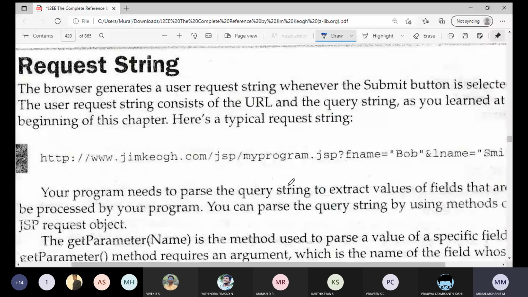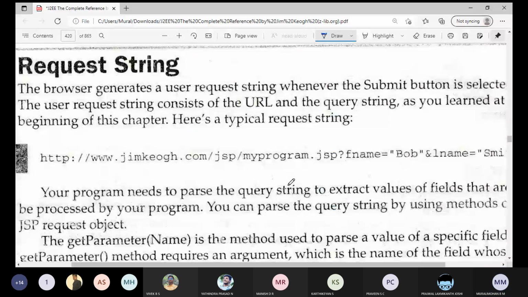using Chrome, whatever browser it may be, once you enter the values, that is username and the password, and once you click on the submit button, the browser will generate a request. That request is nothing but a request string.